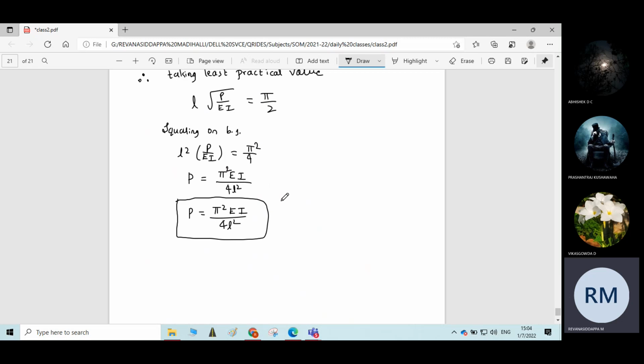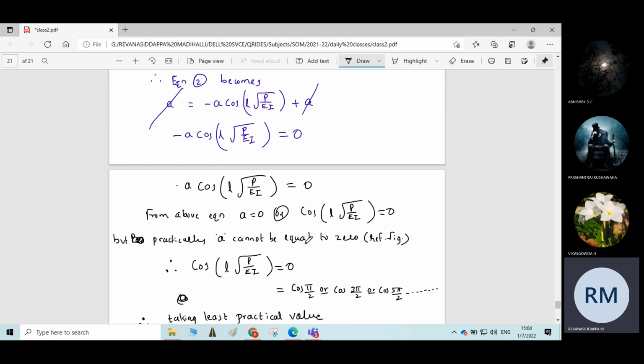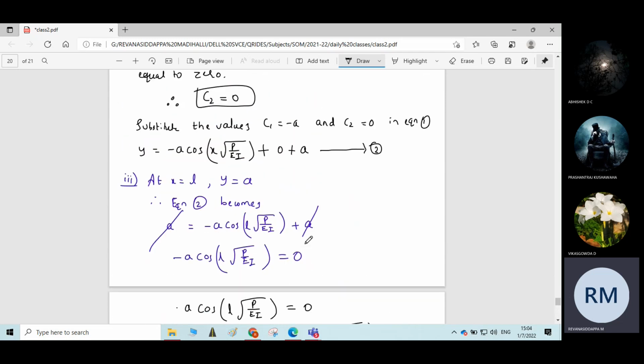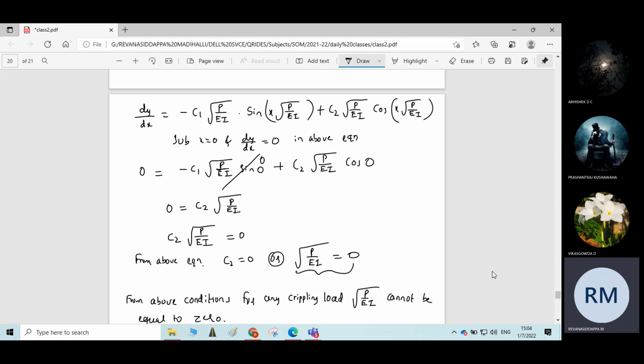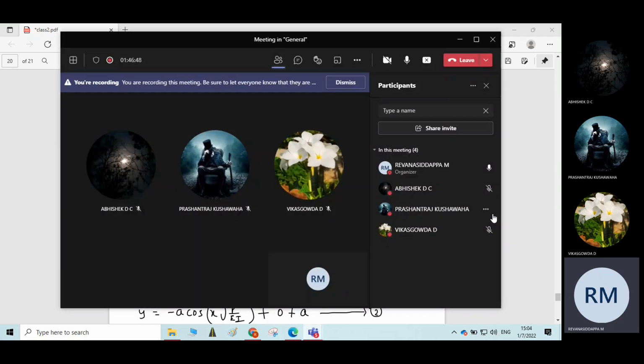So each and every derivation has an interrelation with one another. You just need to understand the small differences, even in the boundary conditions and in the solution of the differential equation. If you just remember those small changes, there is nothing in deriving these equations. Very easy, correct? Is that clear for you all students?